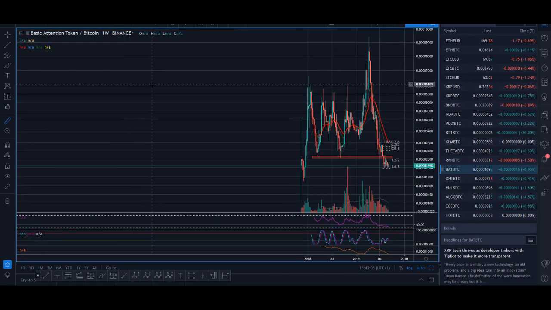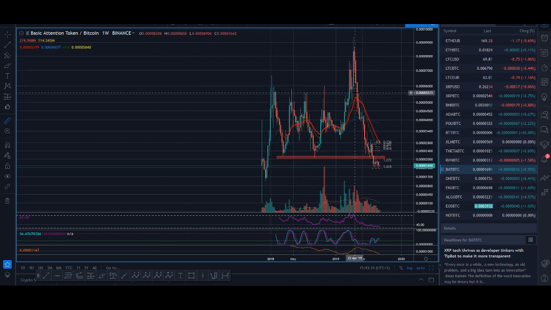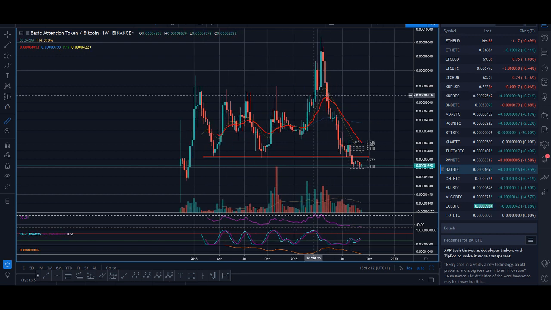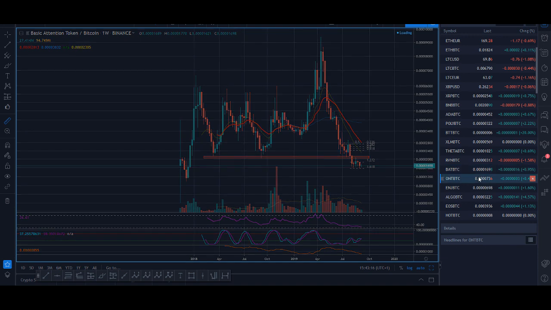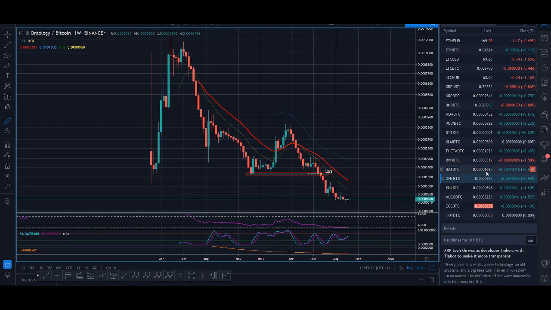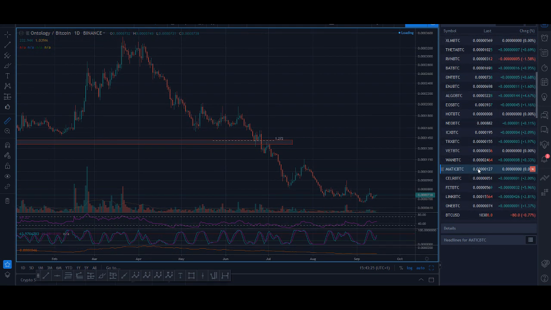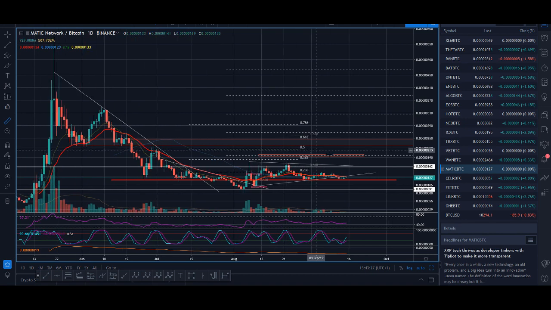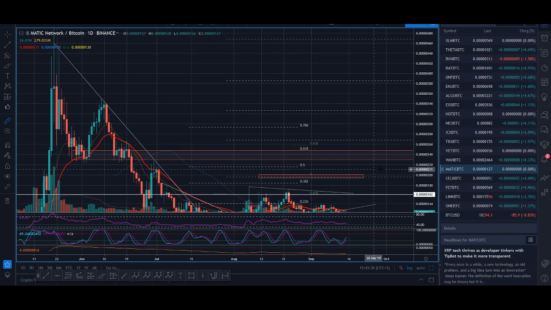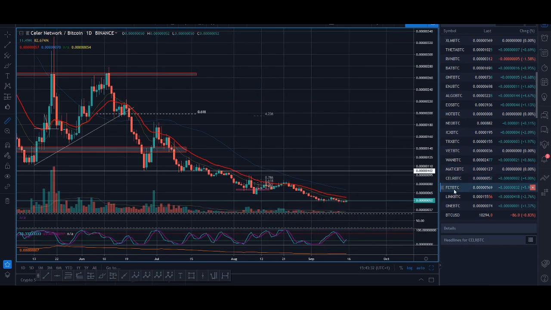We traded the breakout massively here, guys. When it returned here, I posted a video about buying BAT, and BAT had a nice little rally. We had Ontology, guys. Ontology is another coin. So these are some of the coins that I like to have. And at the bottom, I've added these Binance IEOs. They love pumping. Binance IEOs, CELR, FET, Link.